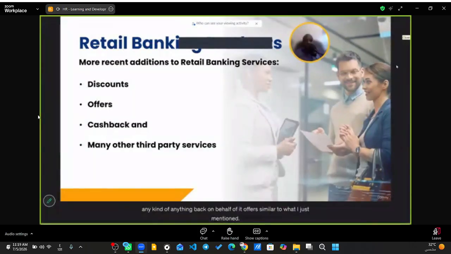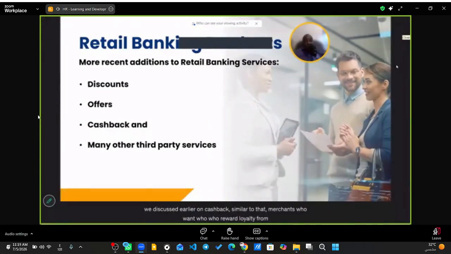Offers, similar to what I just mentioned now. If there's a new launch or a new product on the market, and those merchants or manufacturers or providers provide that to the bank, for people that hold a certain current account, maybe the premium current accounts that we discussed earlier on. Cashback, similar to that,